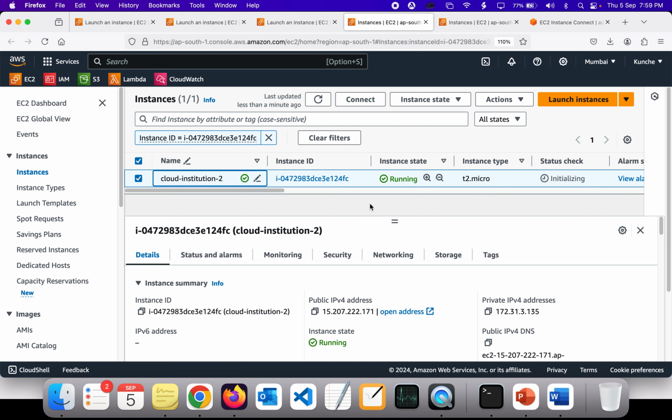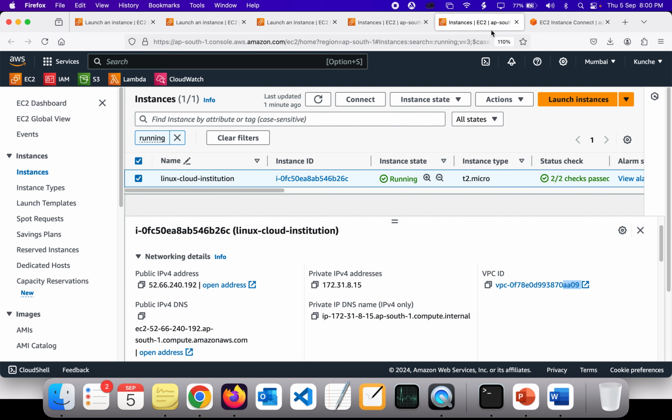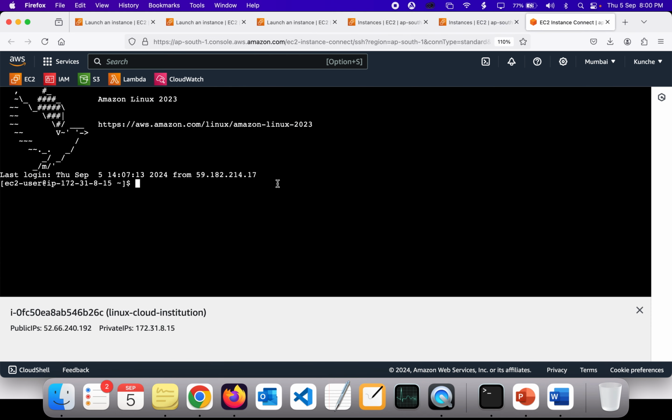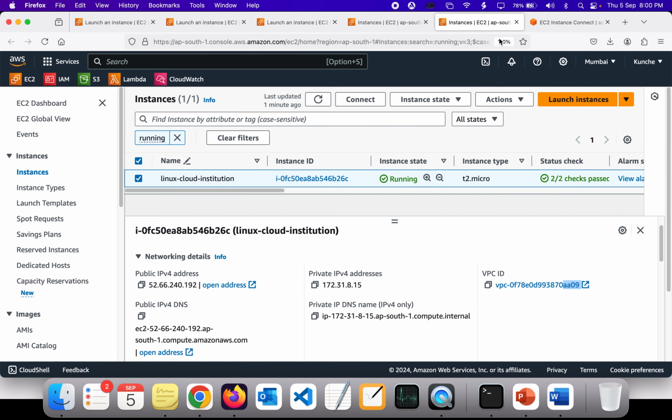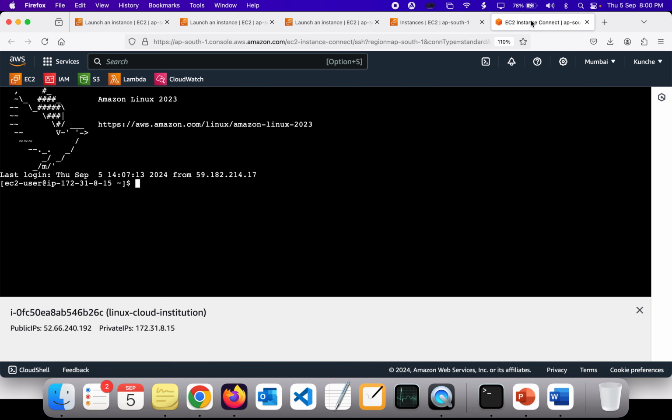Okay, so now I wanted to connect from this machine, the machine which has already been running. Okay, so here is the machine which has already been running. I want to connect from this machine to the new machine, whatever machine we have created now. So this is the first machine, Linux Cloud Institution, and this is the second machine, right? The Cloud Institution 2. Okay, so now what I'm going to do is copy this IP address. Okay, so SSH,